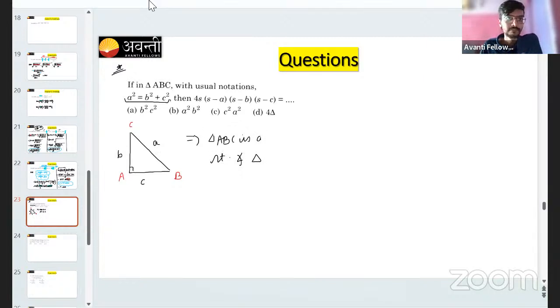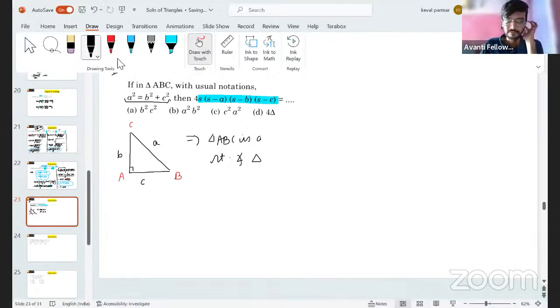And they have asked this. Now here, I need you to notice this. Does this look similar to you? S minus a, S minus b, S minus c. This pattern comes in the area of triangle, Heron's formula. But there we have under root. Here we do not have under root. So basically what are they asking? See,